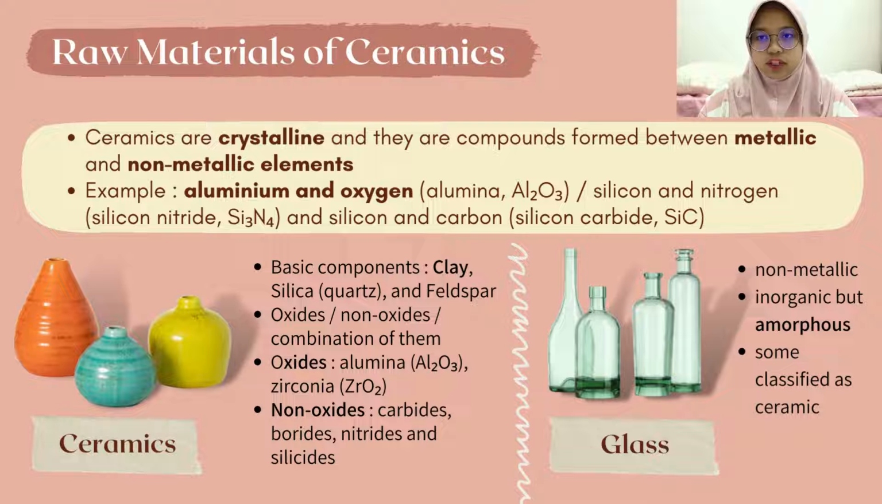So let's look at the division for ceramics and glass. The basic components for ceramics are clay, silica from quartz, and feldspar. The traditional ceramics usually contain the basic components and other substances. But modern ceramics nowadays that are used in industry and buildings and others, they contain oxides or non-oxides or a combination of them. The examples of oxides are alumina or zirconia, and the examples of non-oxides are carbides,